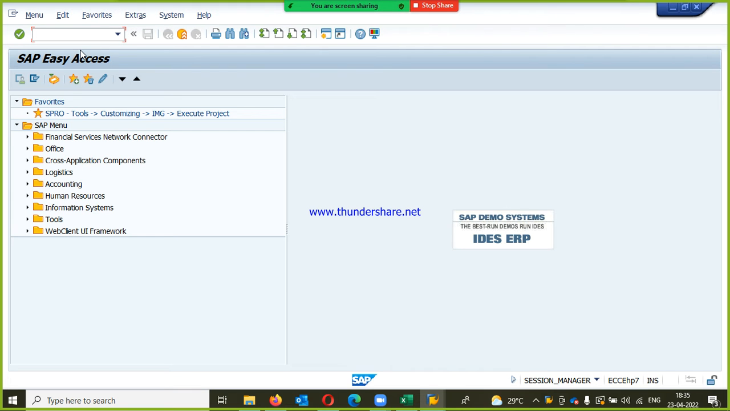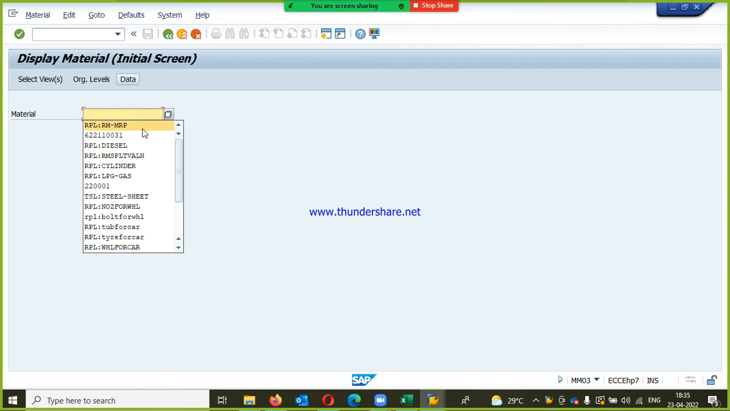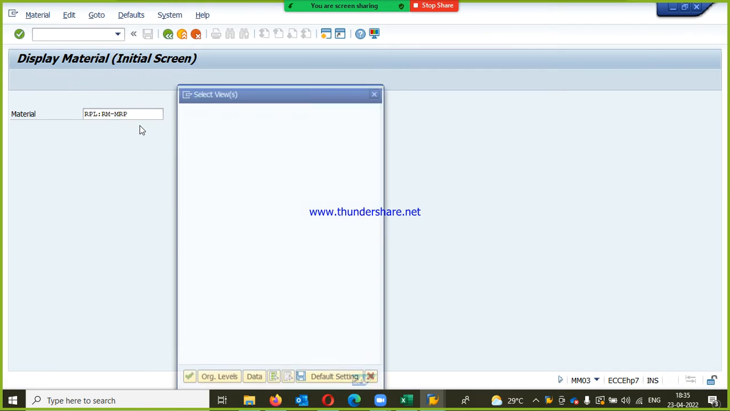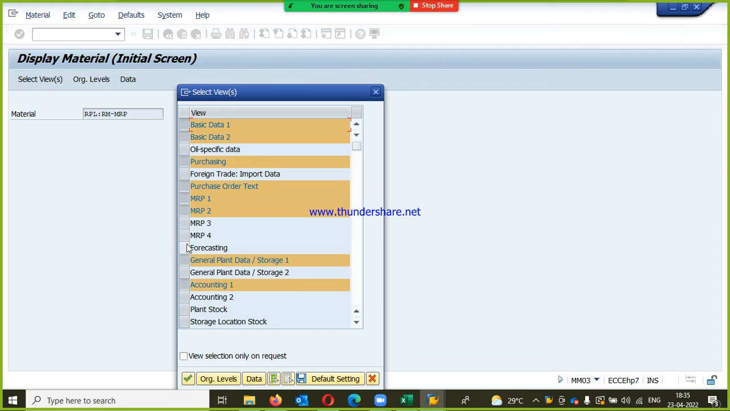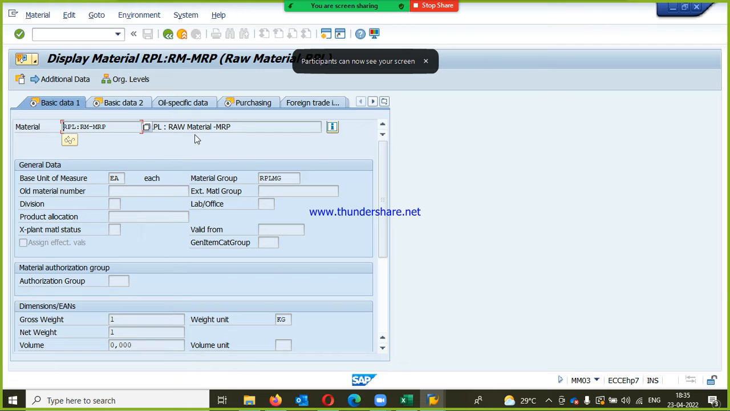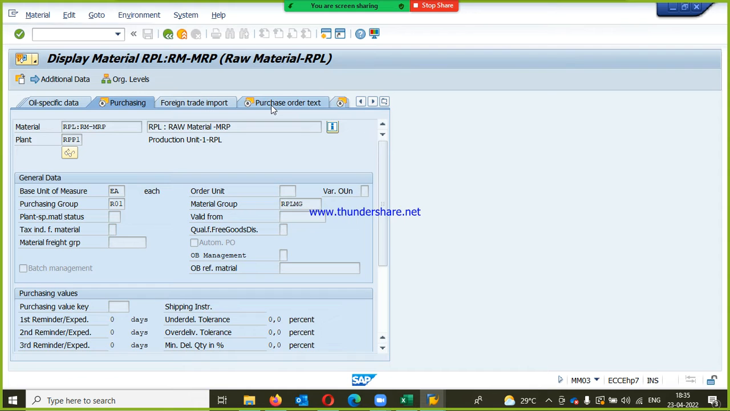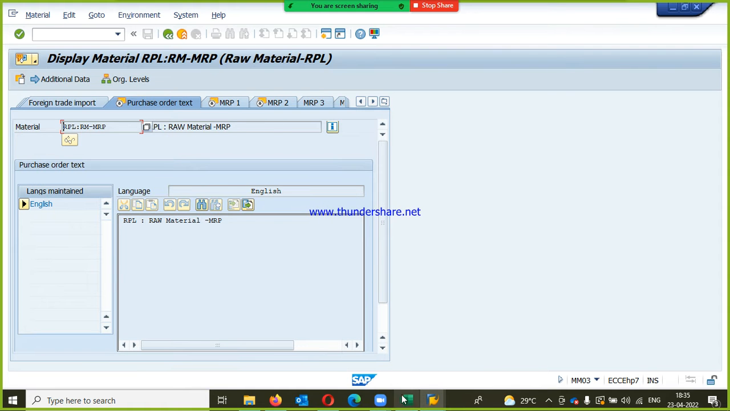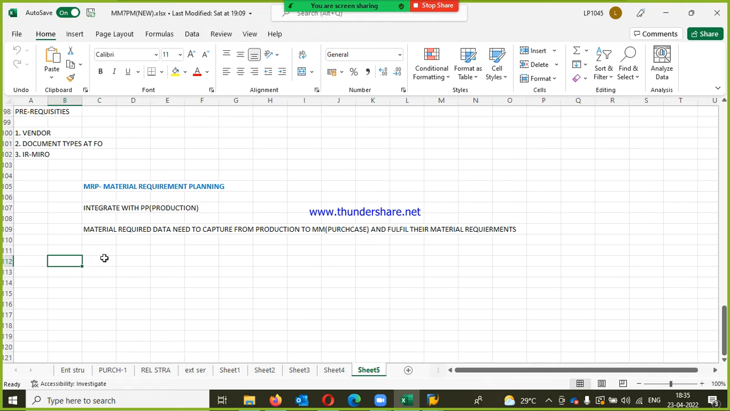Okay, let me check whether this material has been created or not. I'll go to this, my material, right? I think I created the material. Storage location RM. Yes, this is my material. In last class we created the material. Okay, now what I'll do, now I'm going to